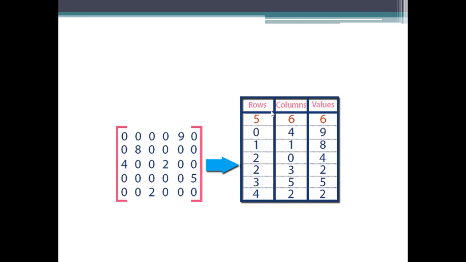So this will be used for processing, whenever this sparse matrix needs to be accessed, this triplet will be accessed. There is no need to read the remaining values, because they are all 0. Just get the values which are non-zero. So here we are reading 6 elements. How many elements are there in total? 30 elements. Among the 30 elements, we are reading only the 6 elements.